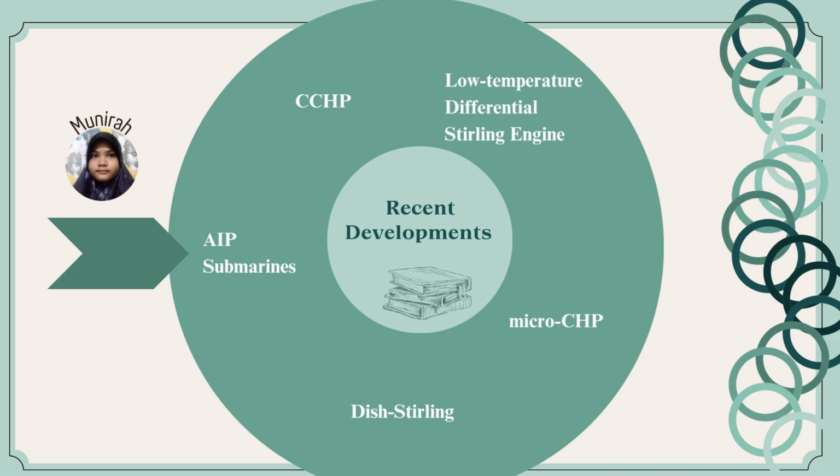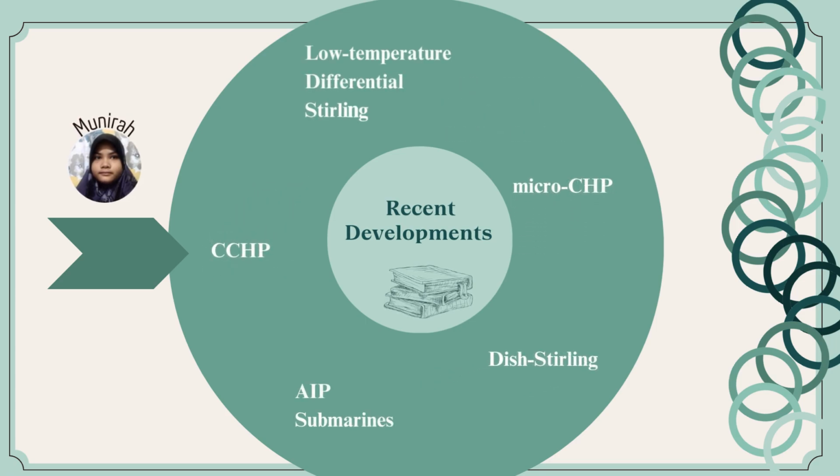CCHP, Combined Cooling Heat and Power, sometimes called CHCP, is a process known as tri-regeneration that involves heating, cooling, and power all from a single fuel source. The Stirling engine's use in this device is the same as in a micro CHP, which is the low temperature differential Stirling engine, also known as LTD Stirling engine. There are videos shown on the internet of Stirling engines working with only the body heat from the hand. These machines are often very small and are often the gamma type of the engine. If properly utilized, the prospect of this